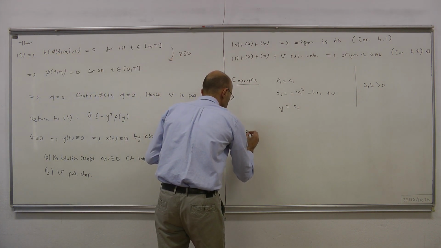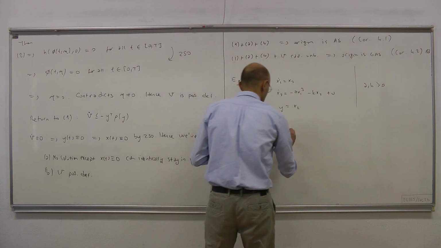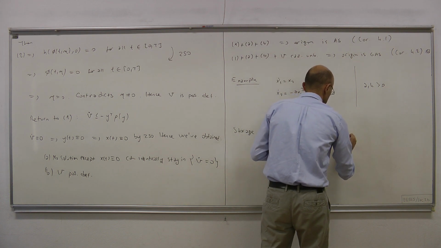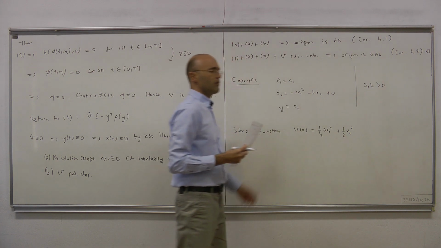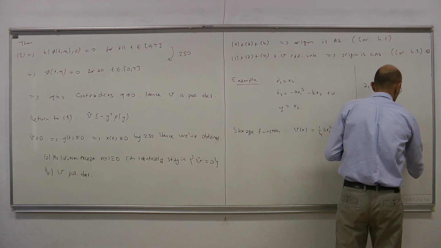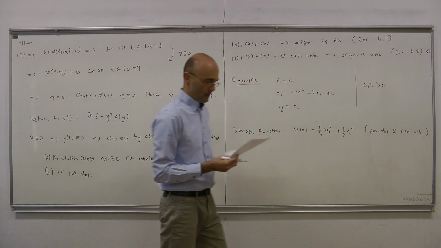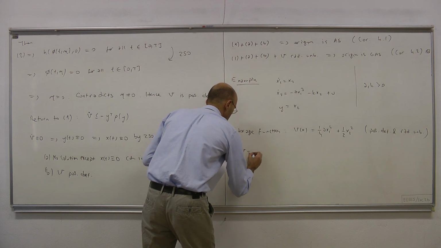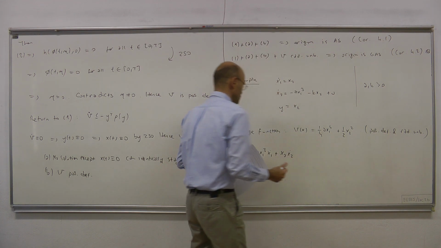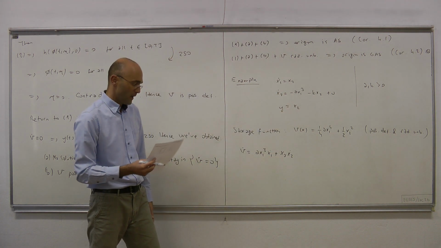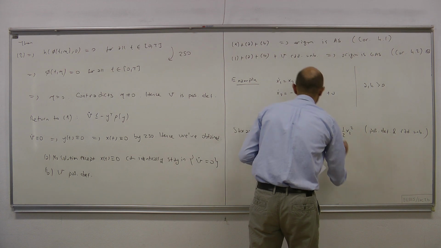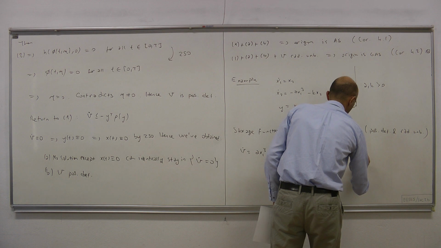For the storage function, V of x equals 1/4 a x1 to the 4 plus 1/2 x2 squared, which clearly is positive definite and radially unbounded. We have V dot equals a x1 cube x1 dot plus x2 x2 dot. x1 dot is here, x2 dot is here. So let's write them down. We have a x1 cube x2 plus x2 times minus a x1 cube minus k x2